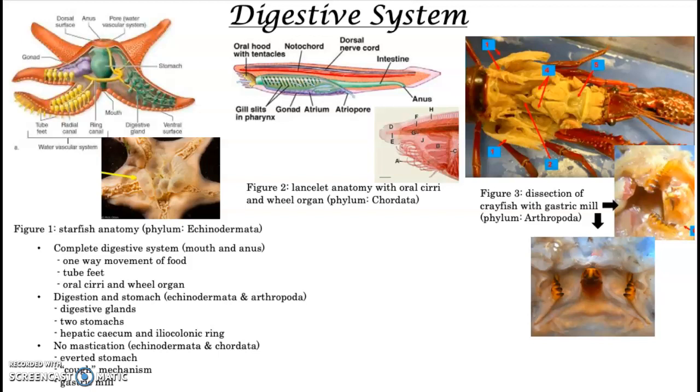its mouth. So if we were to go back to the example of the mollusk, the starfish would use its 2 feet to pry open the shell of the mollusk, and then it would pull its cardiac stomach out through its mouth, dump all kinds of digestive enzymes inside of the shell of the mollusk to digest the insides, basically to churn it into this gooey mess, and then the cardiac stomach would ingest it back up, pull itself back into the body, and then continue the whole digestive process of pushing it down into the pyloric stomach, absorbing the nutrients in the pyloric ceca, and then excreting the waste out